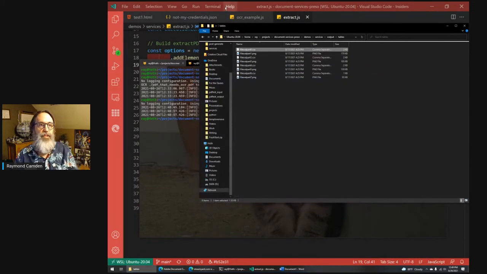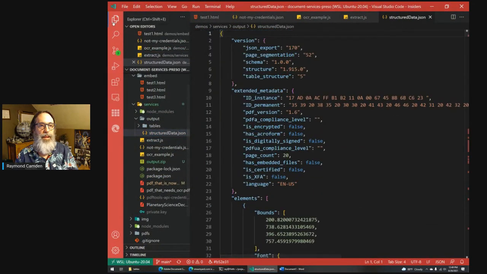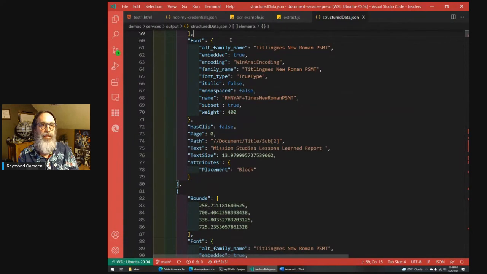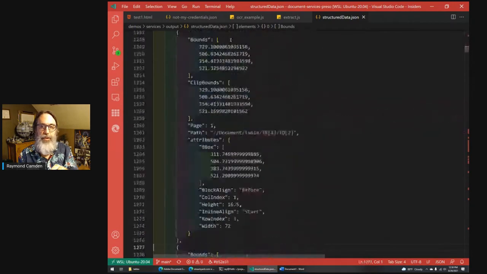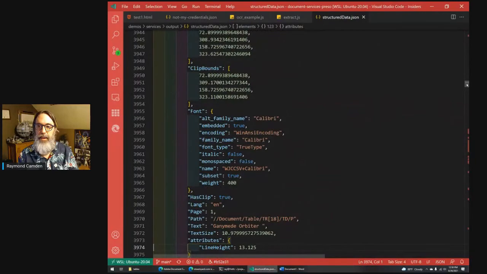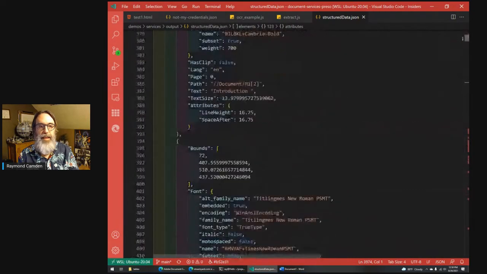Now, what that JSON looks like, I told you it was complex. It is quite complex. This is one PDF, and the JSON result is going to be all munged together, no line breaks. I went ahead and ran a format in Visual Studio Code on this, but it is, I mean, shoot, we're not even halfway there. Let me keep going. It is 17,000 lines of data, and it includes